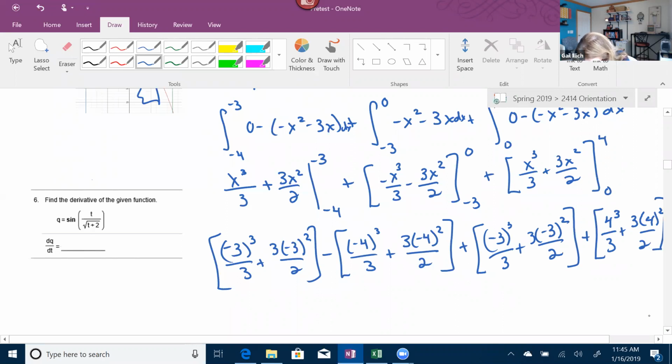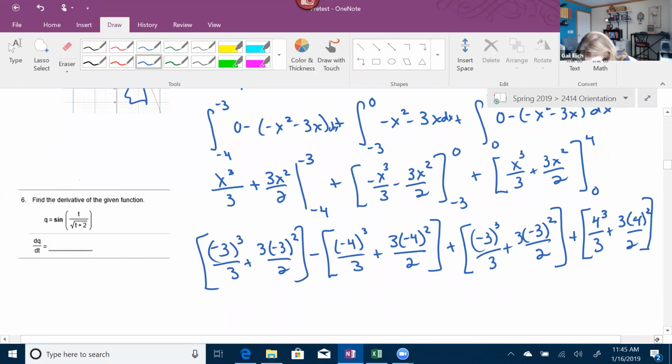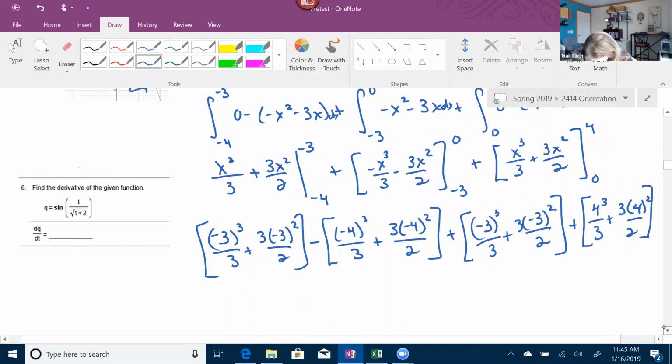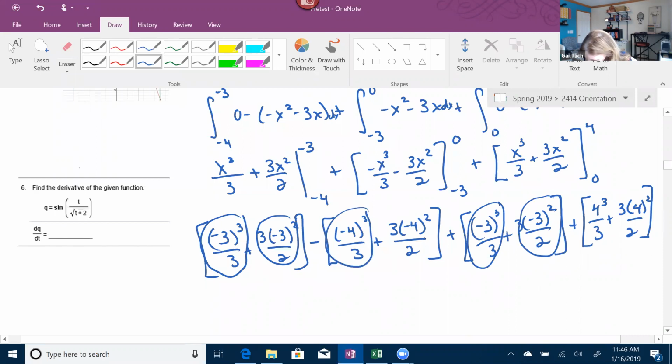Okay, now let's see if there's anything that we can clean up or simplify. Notice that you have this and this. You have 2 of those, and you also have 2 of these. And you're going to end up with two of everything. Actually, you'll end up with 2 of these and 2 of these, because this minus is going to distribute through with that, except this one. These are going to cancel. These are going to cancel. This cancels with this. But here, the negative is going to come out and make 2 of those. Okay, so